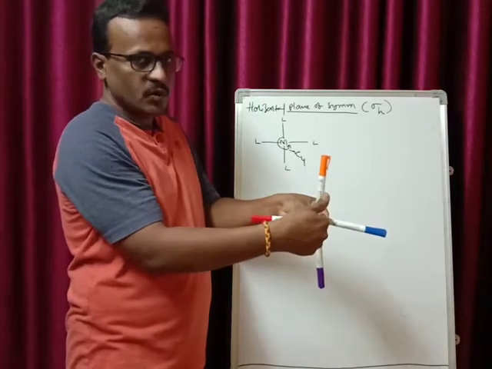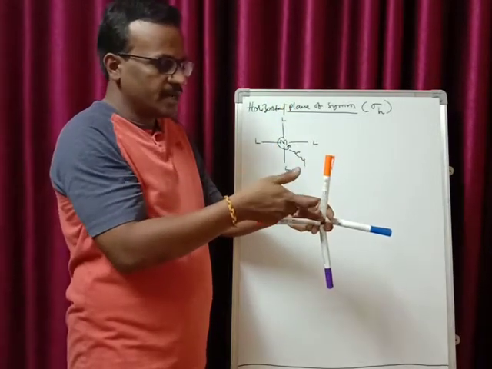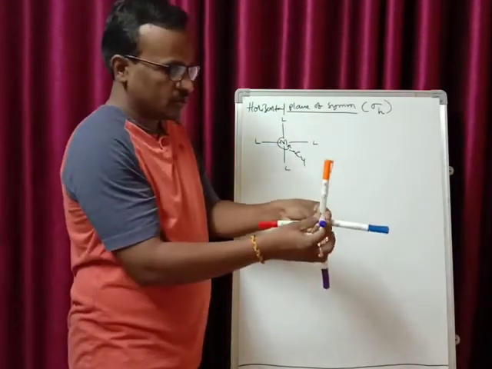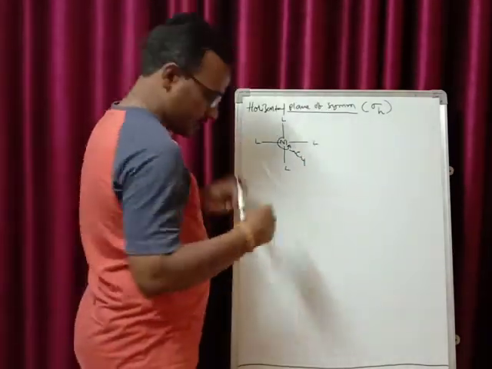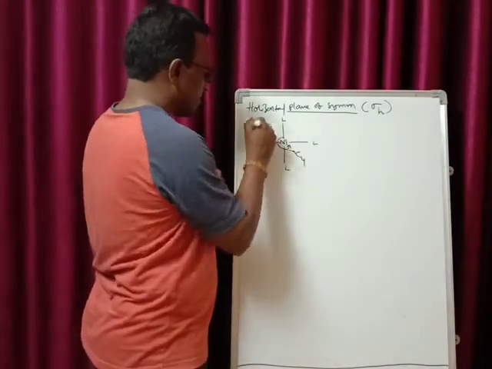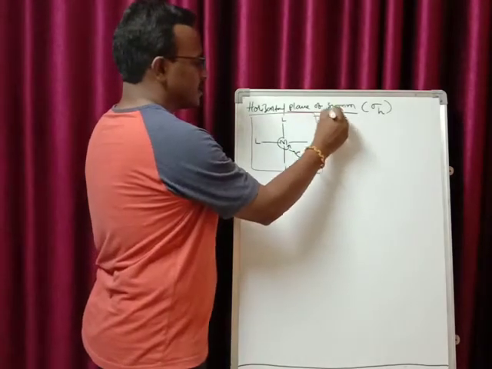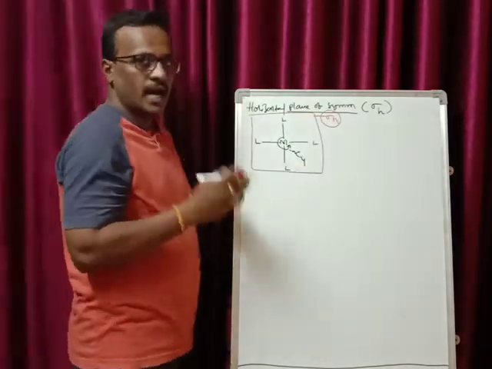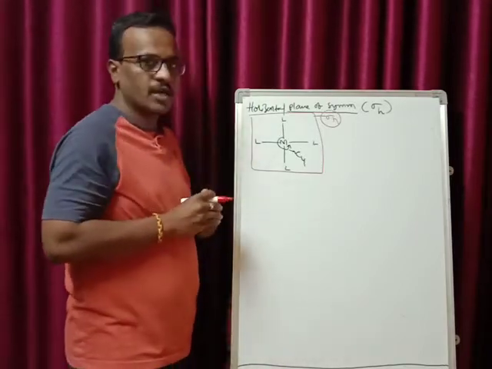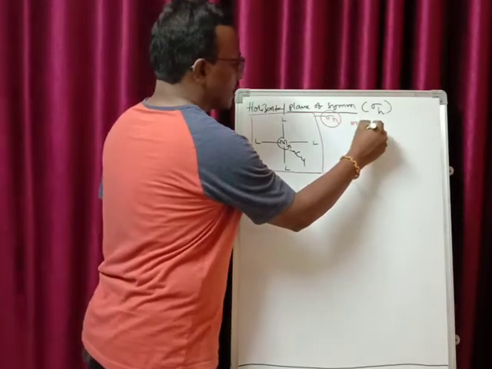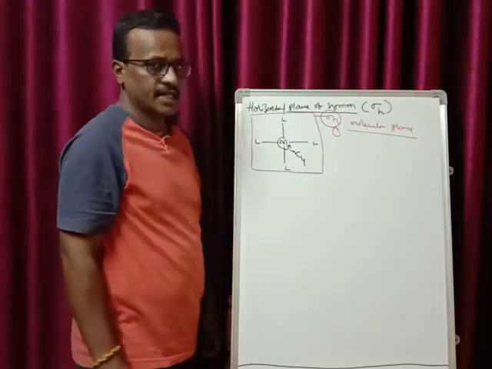This is how your principal rotational axis of symmetry is present, and this is how your plane of symmetry is present. The plane of symmetry and the principal rotational axis of symmetry are perpendicular to each other. Therefore, we say that this particular molecule has a horizontal plane of symmetry. Since this horizontal plane of symmetry, that is sigma h, is touching all the atoms of the complex, all the atoms of the particular molecule, we call this again the molecular plane. So here the molecular plane itself is the sigma h.